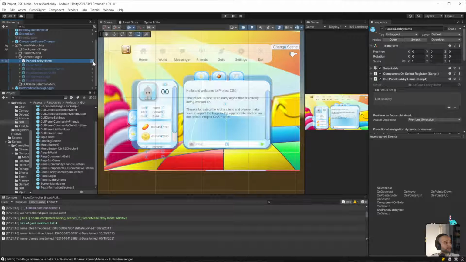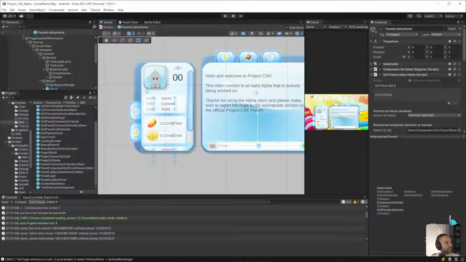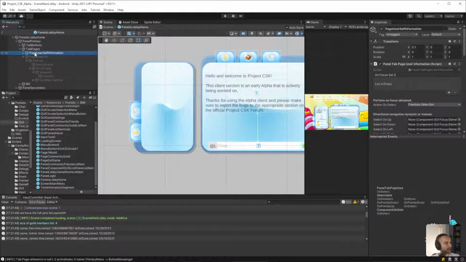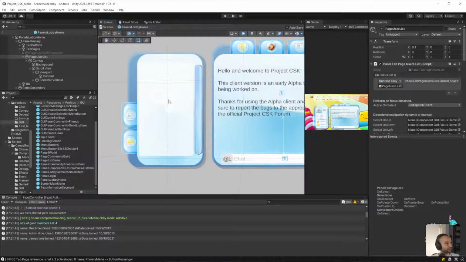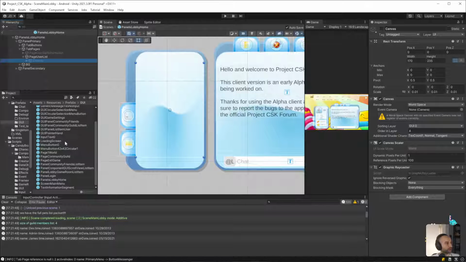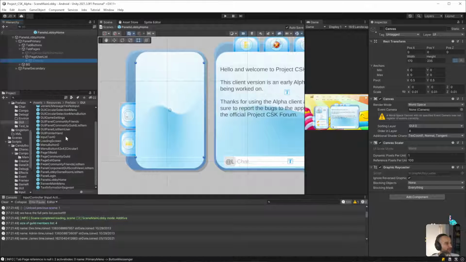Okay, so what we're going to do is go over here and then navigate to this section here. I don't want the user self-information, so we'll hide that with our shortcut, and then we'll enable this one. Okay, so this is the one that I'm going to work on. So from this point, this is going to get disabled, right? So this canvas, we're going to drop that. We're going to bring in that prefab that I mentioned, which is awesome. It's a really good prefab.